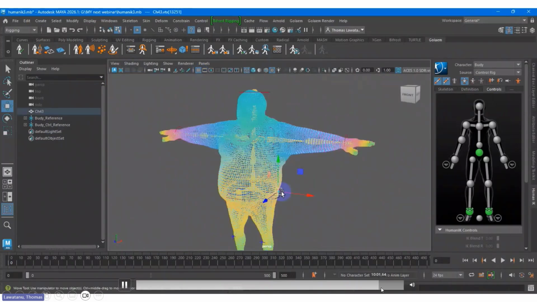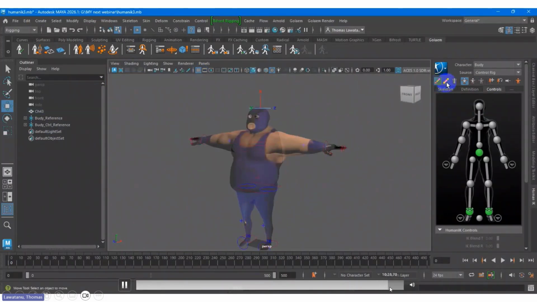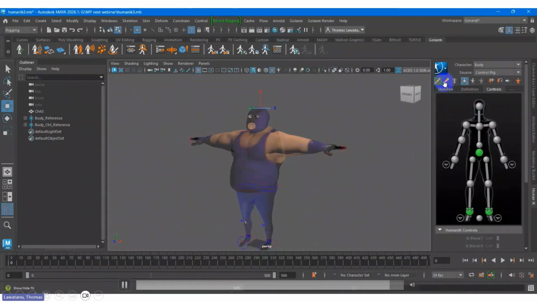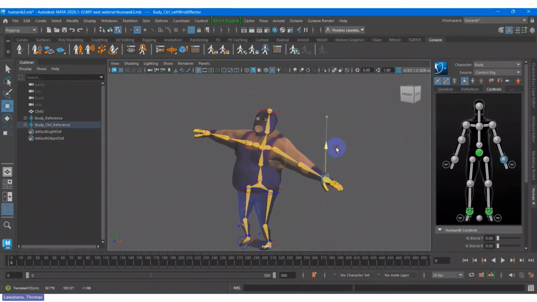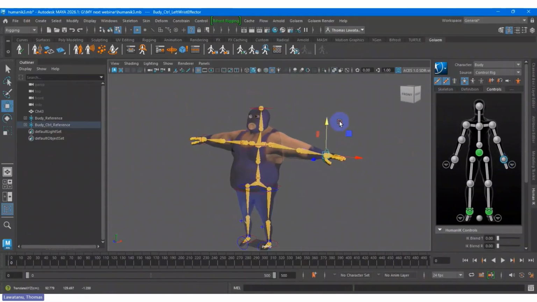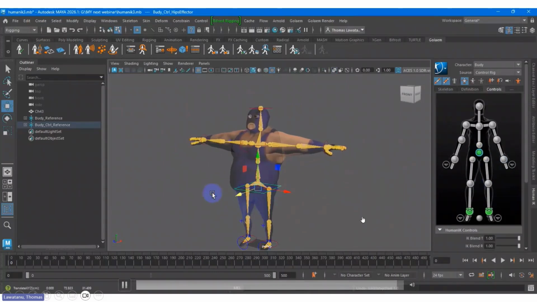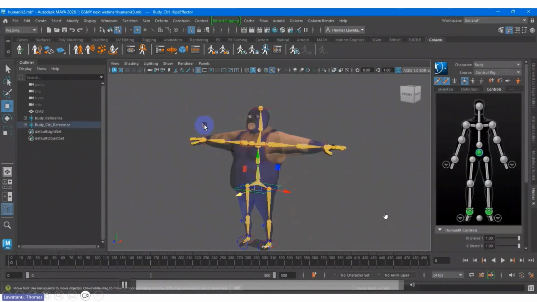Okay, let's move. You can hide and unhide, these are the options when you go to the control part. Everything, the FK and IK, is set up automatically by Human IK. I think until this step is quite okay, so we move to the next step.